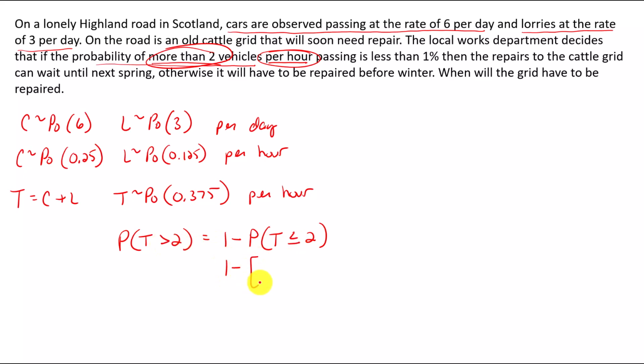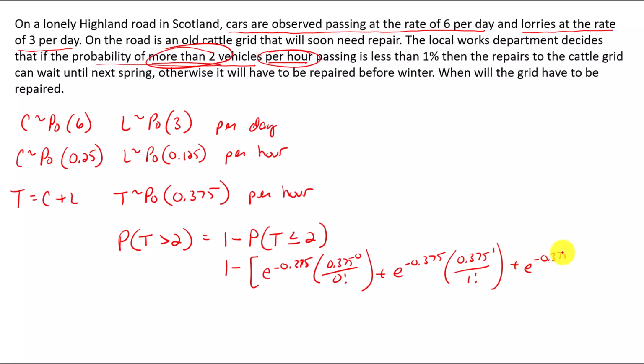So I'm going to have 1 minus, I'm going to have brackets, I'm going to have e to the negative 0.375, and this is going to be 0.375 to the 0 over 0 factorial. I know this part's easy, so just make sure that you wrote it correctly. And I'm going to have e to the negative 0.375 times 0.375 squared over 2 factorial. And you're going to do all that math very carefully, and then you're going to remember to subtract it from 1. And when you do that, you get